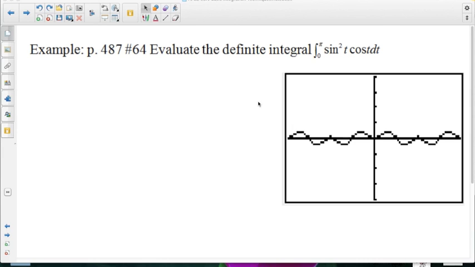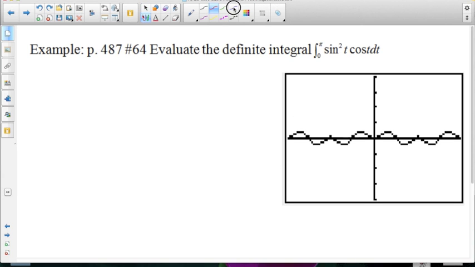I wanted to show you this graphically because I think you can probably tell me what the answer is just by looking at it graphically. So sometimes it really pays to graph if you're able to use a calculator on these questions. We have sine squared t cosine t, and so here's the graph of sine squared t cosine t, and we know integration is an accumulation process. It's just finding the area under the curve. So if we look at the area under the curve from 0, which is right here, to pi, which is right here,